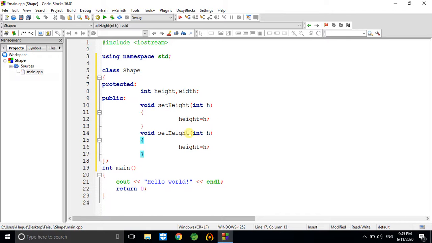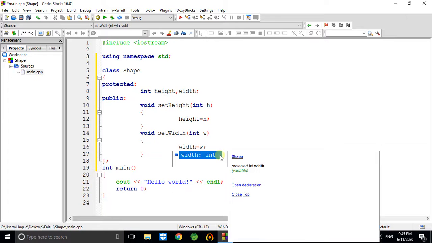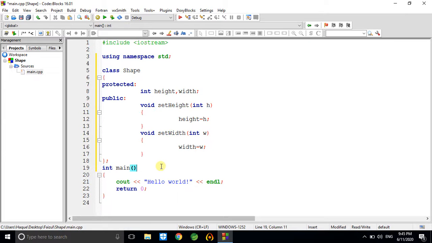So this will be your width. This is suppose W. Okay, now this class is completed.